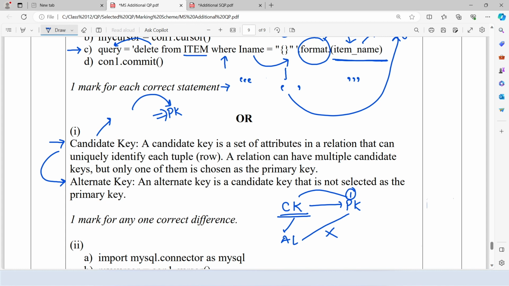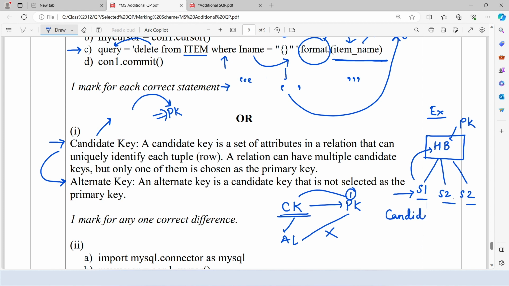You can understand this concept very well with one simple example. Consider there is an election for the head girl or head boy. There will be many students competing for this post, but you know only one of them can be elected for that post. So head boy or head girl is the primary key, and all the students who are competing, we will call them candidate keys. And those students who are not elected as head boy or head girl can be called alternate keys.